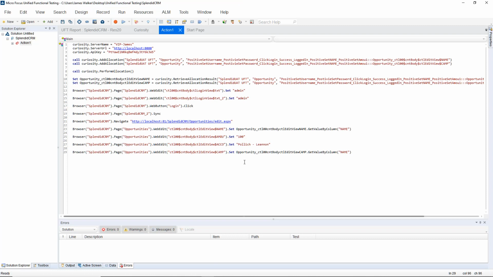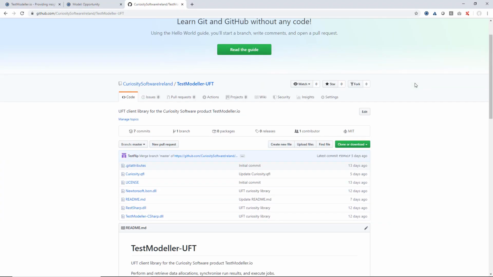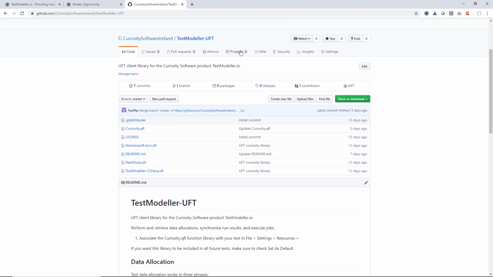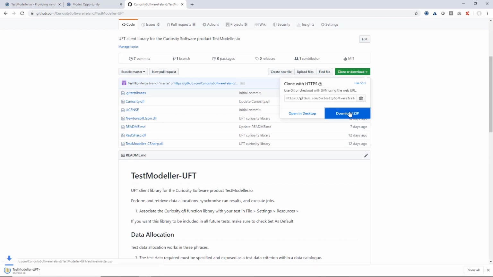We'll put this code inside here, and what we then need to do is embed our client library for UFT. Now if you head over to our GitHub repository here, what you'll see is that we've got our client library for UFT, which contains our QFL file that we can bind in as an associated function library. All you need to do is come in here, download the zip file, and unzip it in a location on